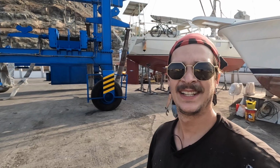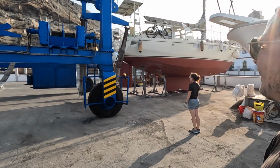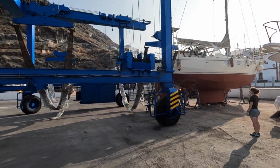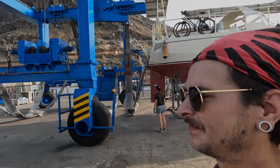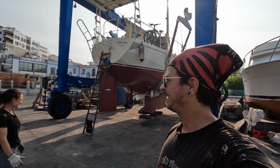Alright, it's happening. We're craning. It's splash day. Boat's ready. No idea where the sling points are, but I think we'll figure it out. We're floating. We managed, us two,